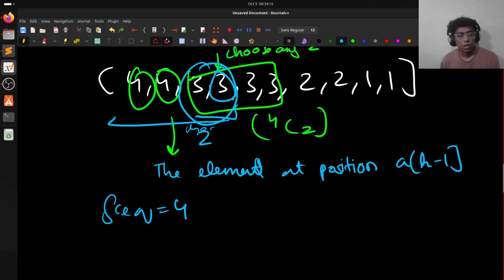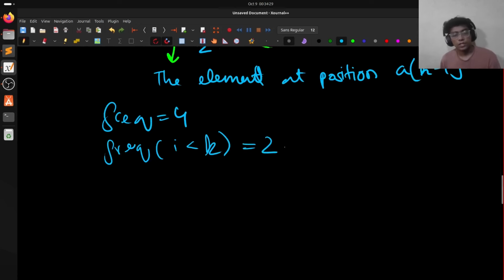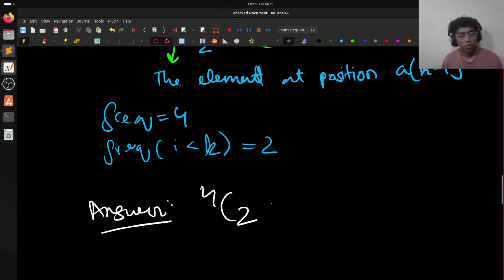Choose two, and frequency till position less than or equal to position, frequency till position less than k, right? Less than k is equal to 2. So basically our answer is simply 4 choose 2, or in other words it is the frequency of position A of k minus 1